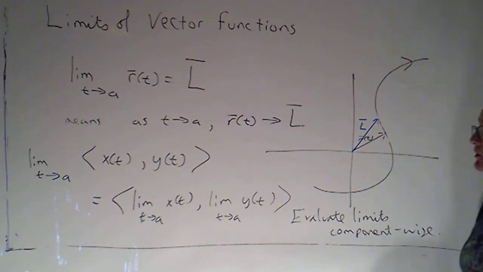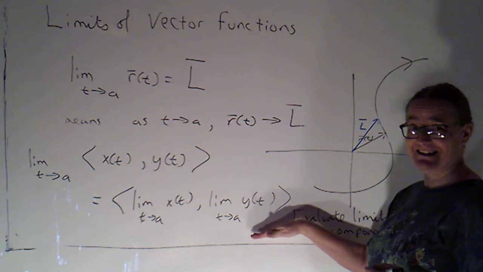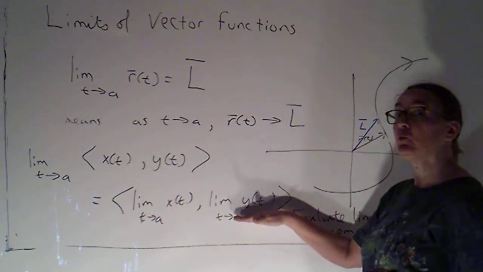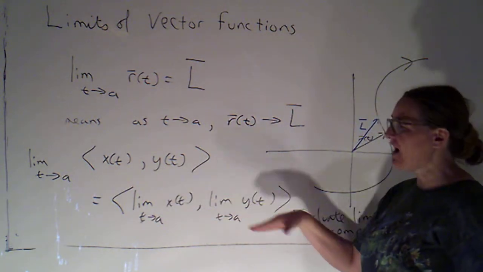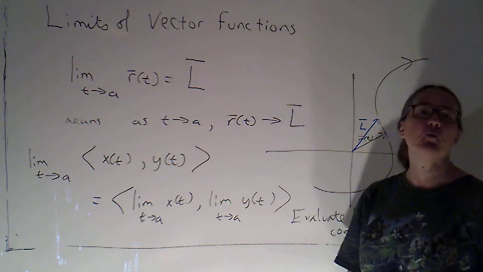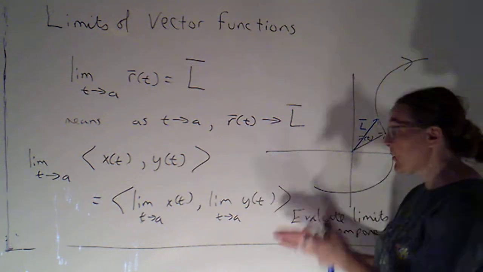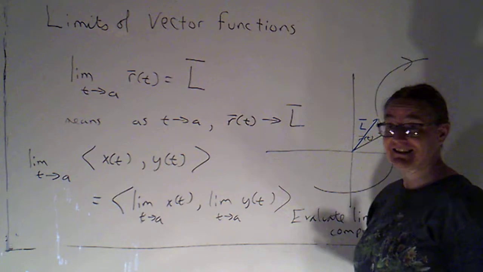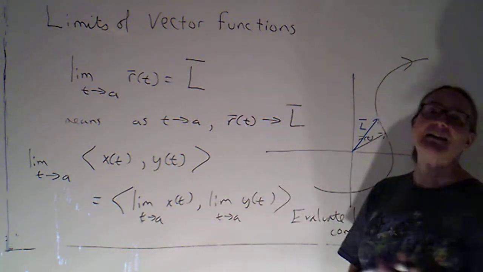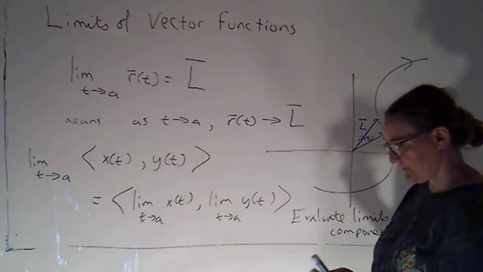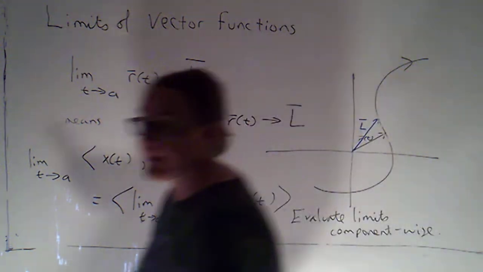So in order for this one vector limit to exist, these 2 real valued limits of each component function would have to exist. If for either one of the component functions the limit doesn't exist, I don't get both, so I can't take the limit of the vector function. Okay. And, of course, if we are in 3 space,